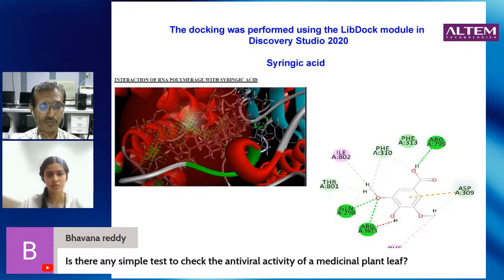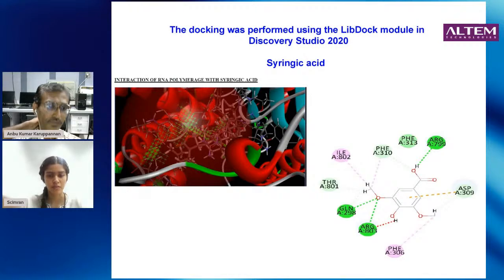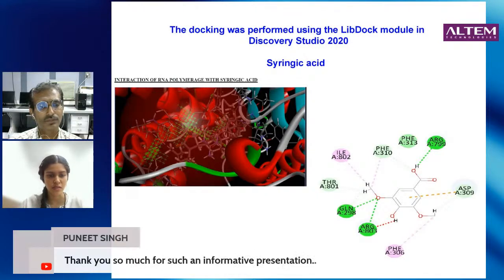There are a lot of compounds already in the literature and in public and private databases. So these chemical structures are associated with certain biological activity. Based on the chemical structure that you are putting in, the other activities will be retrieved by these servers using different algorithms. So it's all a prediction based on the chemical structure of your compound. Okay. I think we are done with our questions, sir.